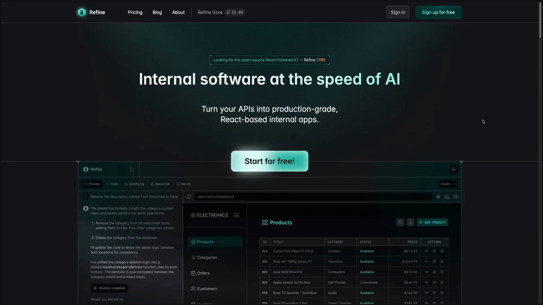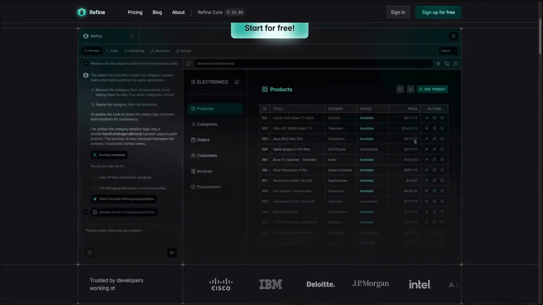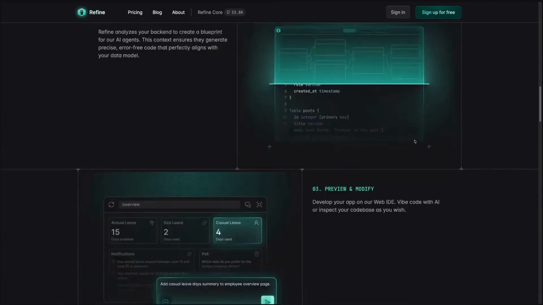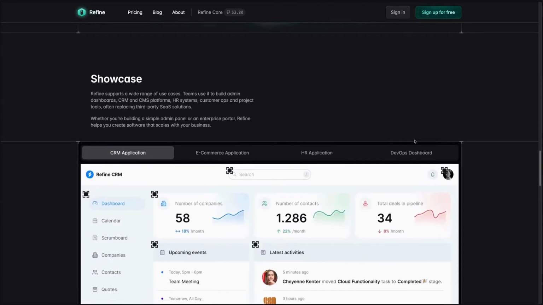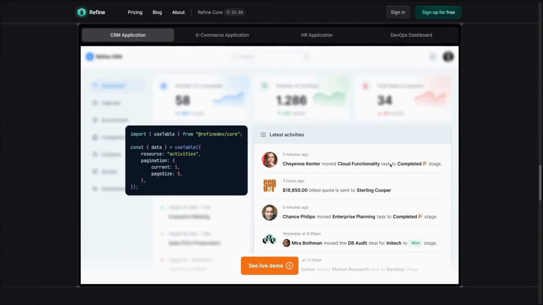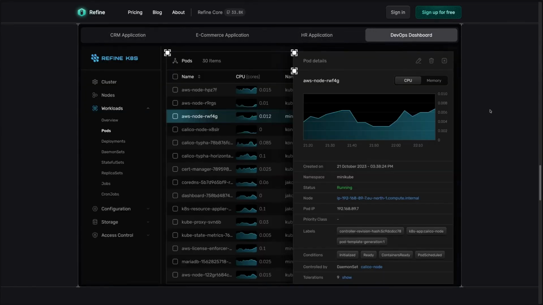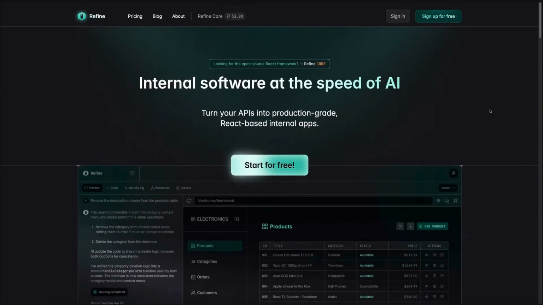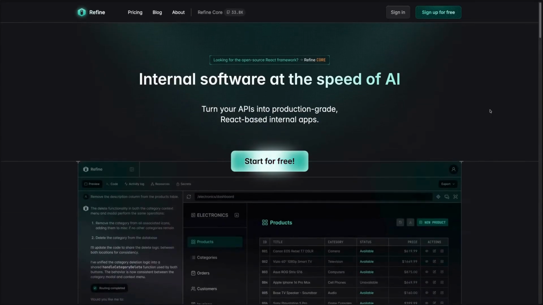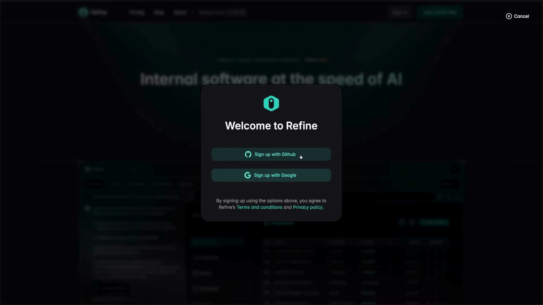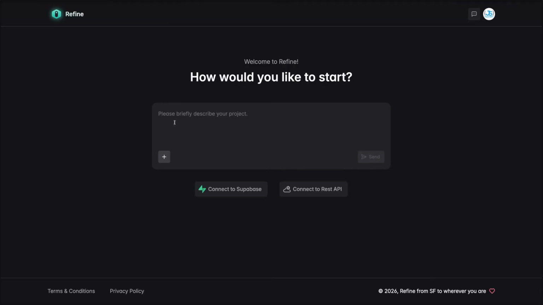To get started, click the Refine link down in the description. It'll redirect you to this landing page telling you a bit more about exactly how Refine works, but I don't think you're here to read the docs or click on the tabs on the landing page. You're here to see just how powerful it actually is. So first, go ahead and sign up for free. You can do it using GitHub, and that'll redirect you directly to